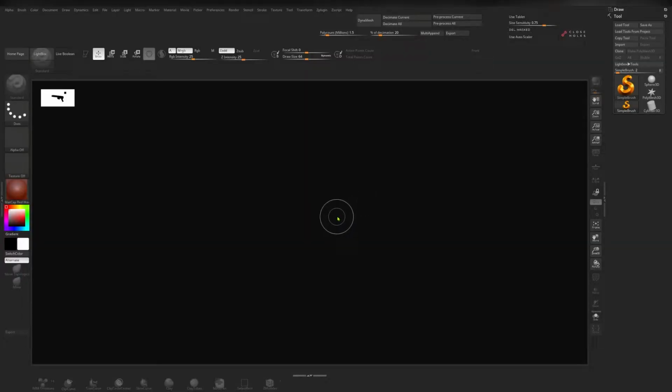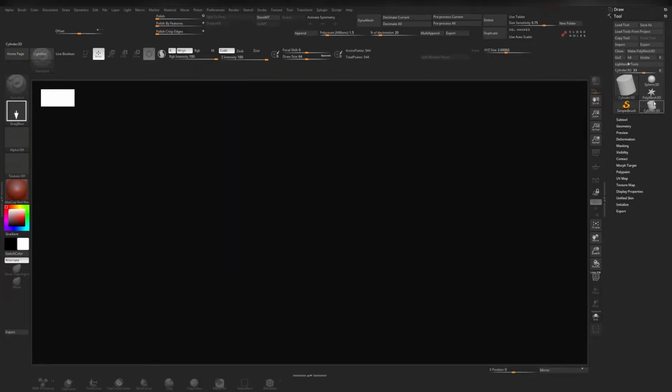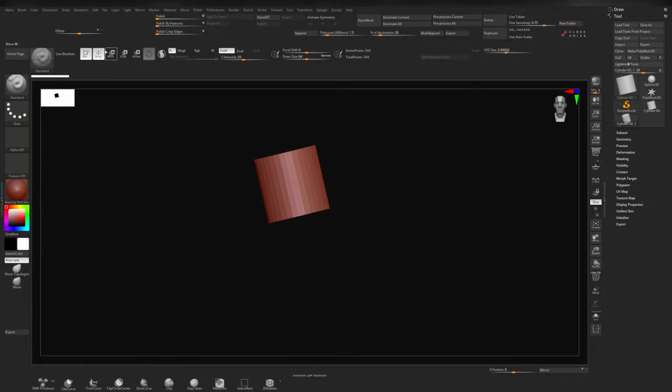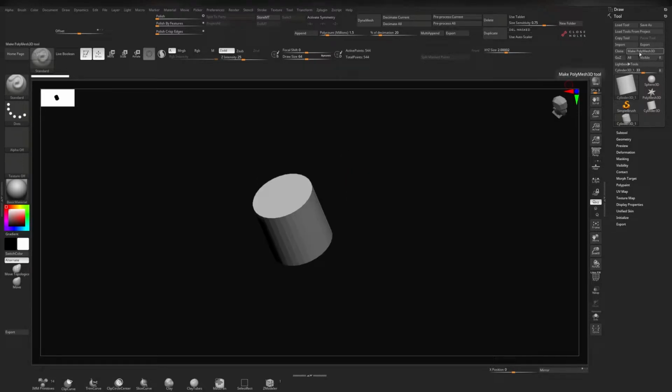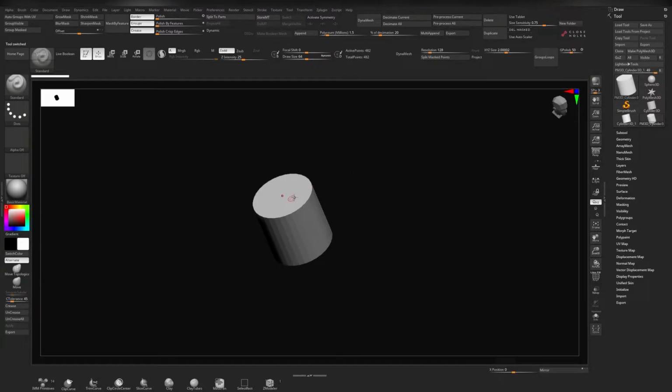So I've opened ZBrush over here. I have it set up a bit differently with the colors and highlights. You guys can play around with those and preferences. You can keep the default ones as well. But again, right now, you are going to want to select a cylinder. You're going to want to drag it onto the screen, click Edit, click on the material right over here, and select Basic Material. Now you're going to want to click Make Polymesh 3D, and now we're going to head back